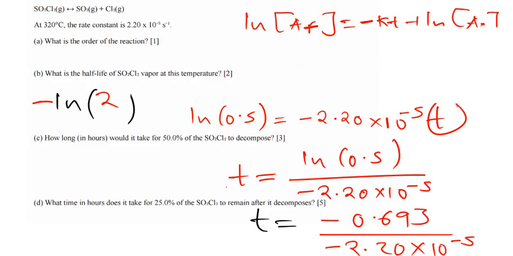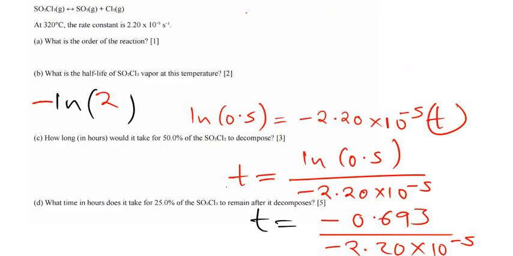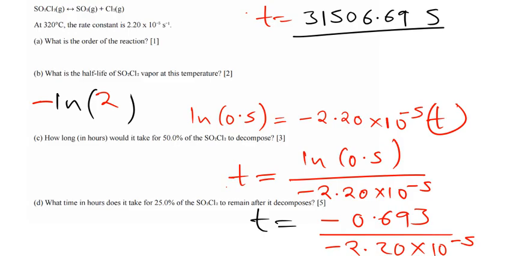So dividing the two values would end up with a positive value. So our time in seconds is 31,506.69 seconds. Okay, and then we can convert to an hour. We know that in an hour we've got 3,600 seconds, so divide by 3,600 seconds, or in a more organized manner,